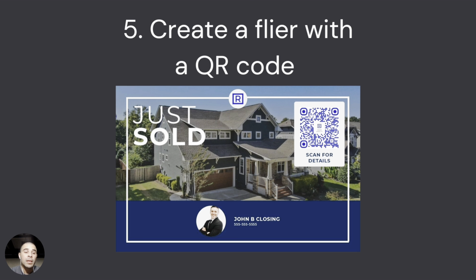And then lastly, when you create that story, I know almost 90% of agents do this: they create a just sold and mail it out to the local neighborhood. Now, instead of using the same verbiage, like sold in 5 days for 100,000 over list with 15 offers, and then stopping there, maybe with your information on the bottom, I want you to do one simple extra step and say the sold for this and for that,